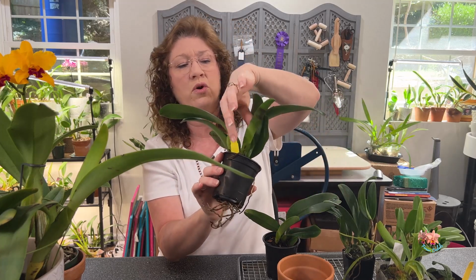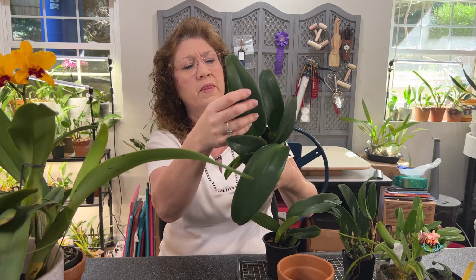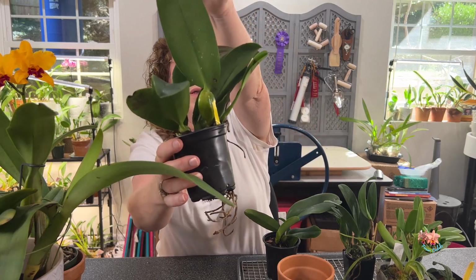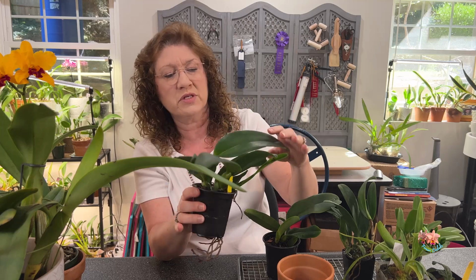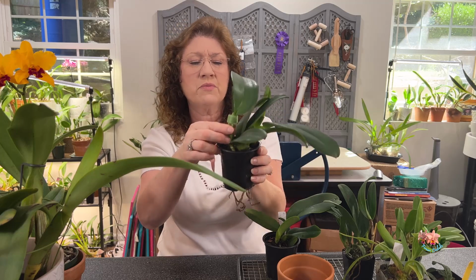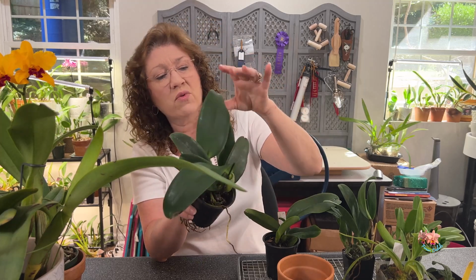This one has a new growth right here. This one here, that's probably an older pseudobulb. Probably so. Now this is the first one. Uh-oh, that's some scale. I don't know if it'll focus on that, but that is scale. So I will definitely be cleaning this off. Got enough problems right now than to have more. So I've staked up this pseudobulb here, and then we've got this new one growing here. And then what I'm going to do is take some alcohol, wipe off all of this scale right here,